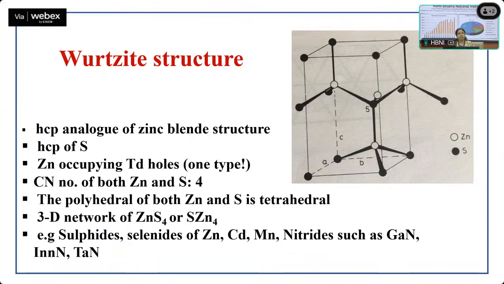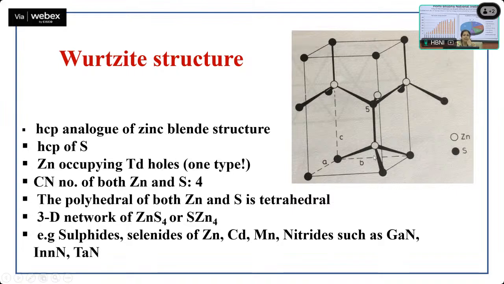Wurtzite structure. It is like zinc blende, ZnS. It exists in two polymorphs. One is zinc blende, which you study, wherein one of the ions forms CCP and the other occupies alternate tetrahedral holes. Here, in this polymorph of ZnS, which is called wurtzite, your anion forms HCP and the cation again occupies tetrahedral holes only, but again, like in CCP, it occupies alternate tetrahedral holes, because for each anion you have two tetrahedral voids, but here the stoichiometry is 1:1, so half of the tetrahedral voids are occupied